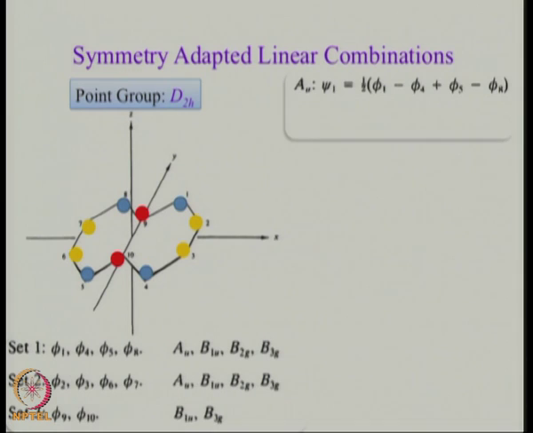So, we have to go one by one. Okay. Let us start with AU. Oh, I have given you the answer, unfortunately. But you have the character table. Try doing it yourself. Take phi 1 and make the projection operator of AU operate on phi 1, and tell me if you get phi 1 minus phi 4 plus phi 5 minus phi 8 or not.